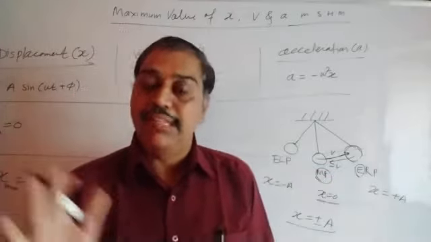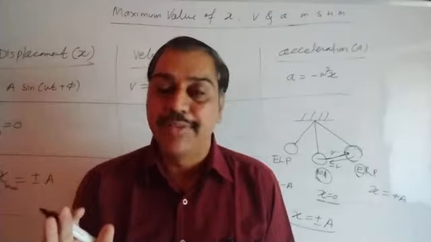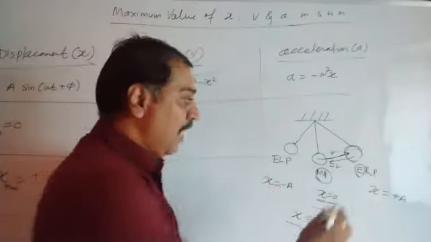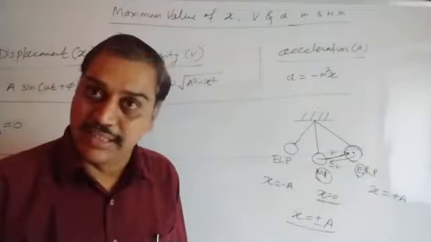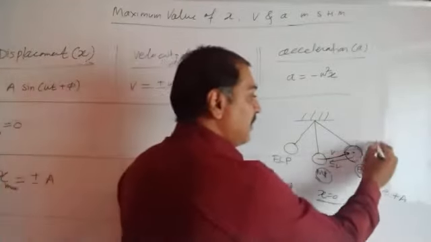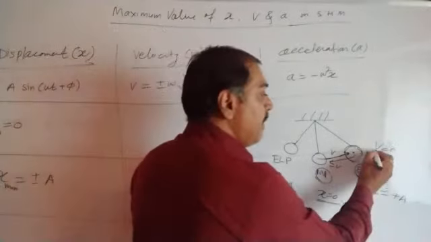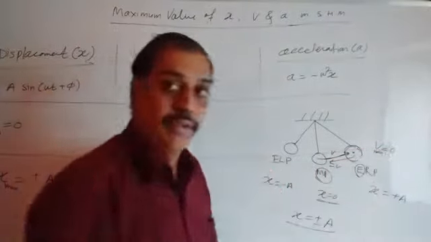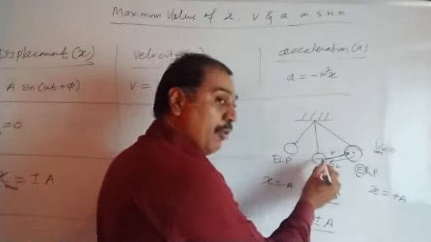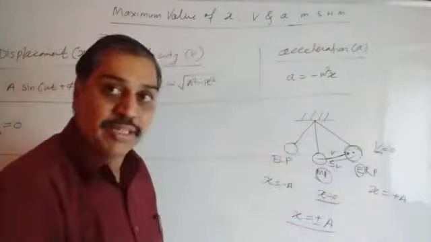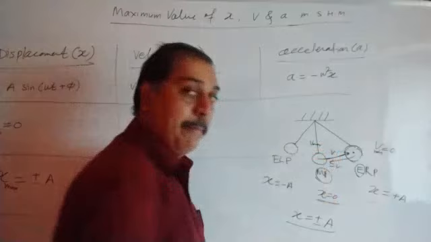So in between plus v and minus v, there must be somewhere a 0, where the velocity becomes 0. Where does the velocity get 0? At this point, where the maximum distance is covered, velocity is 0. So velocity is 0 at extreme position, and that is the minimum value of velocity. Velocity is maximum at mean position, and that's why the bob does not stop here, it comes through here also, and that is said to be Vmax. Velocity is maximum at mean position.